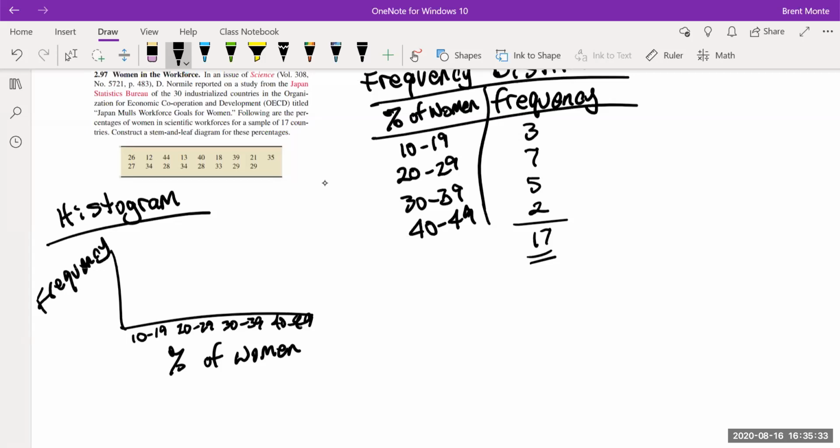All right, so 7's our biggest. So I'm going to go 1, 2, 3, 4, 5, 6, 7. And let's see, in the first group, we have 3. So let's go up to 3. I'm just going to put a dot there for now. Then I have a 7, which went all the way up to the top. And then I had a 5. So let's see, there's a 3, 4, 5 there. And a 2. All right, so let's just do bars